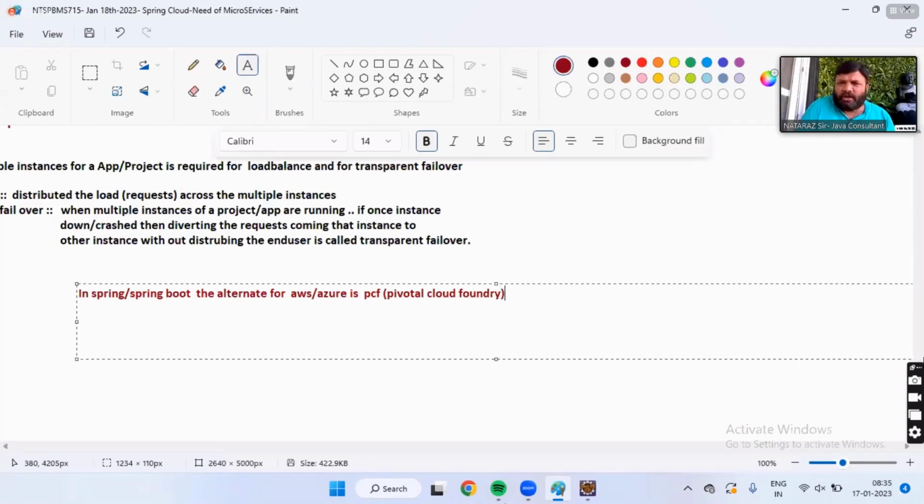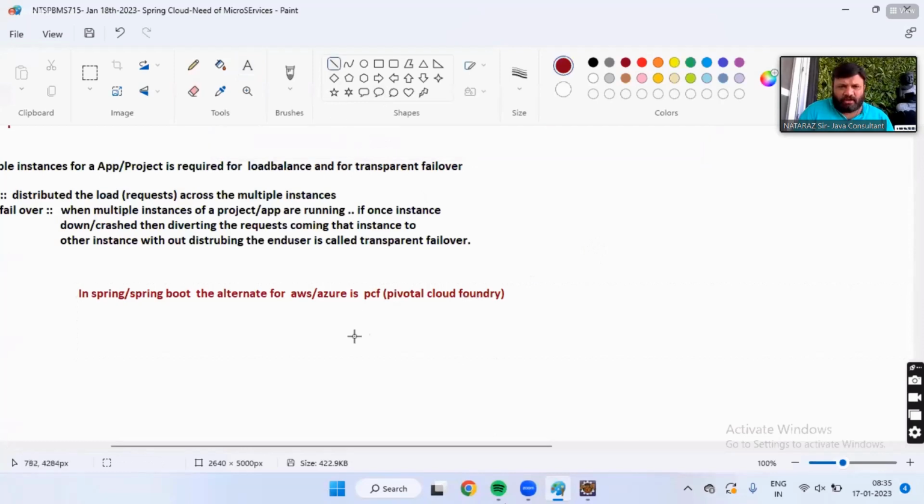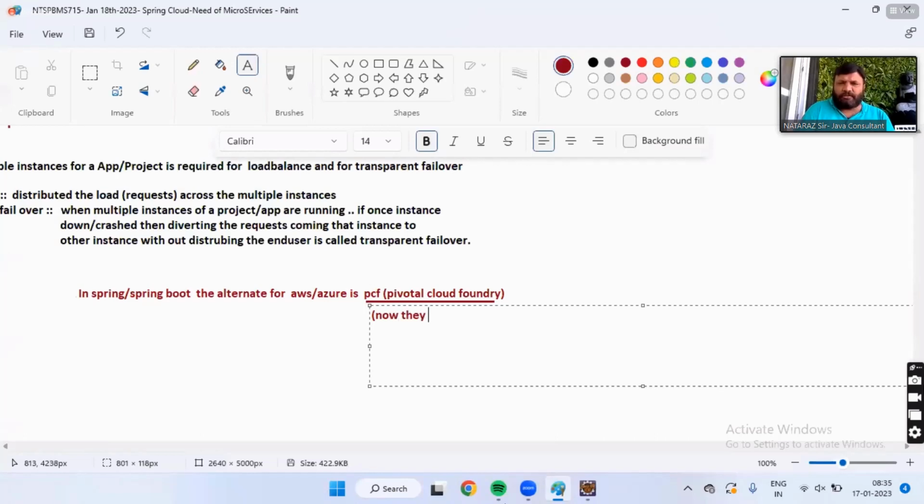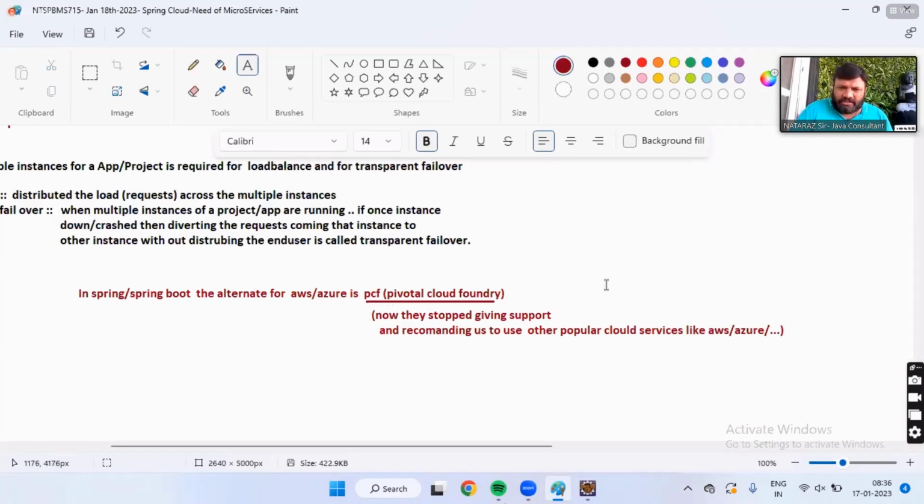Now they stopped giving support, and recommending us to use other popular cloud services like AWS, Azure, kind of. Are you understanding my statement, guys?